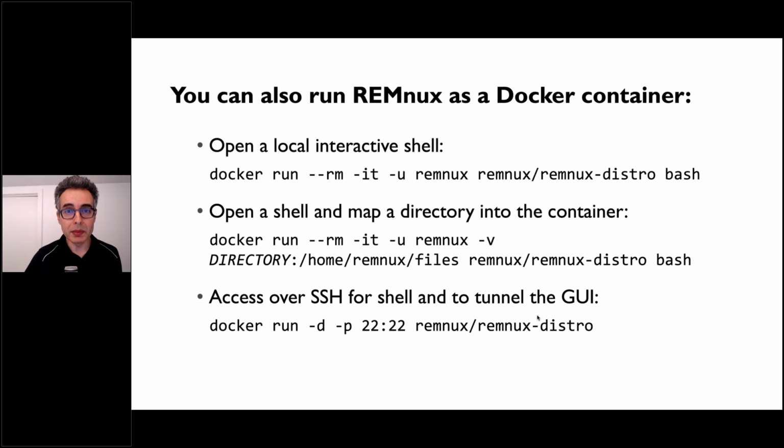Now, this Docker image that I set up is available from the Docker Hub. That's the website that Docker maintains for such images. And there's a REMnux specific repository there. And so if you have Docker installed, then let's say that you wanted to get the REMnux distro as a Docker container and get a local interactive shell into it. Then you would say docker space run